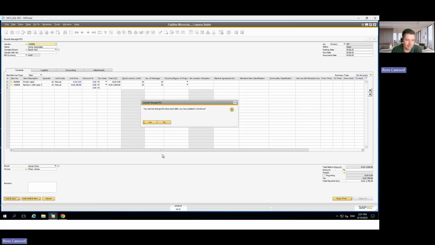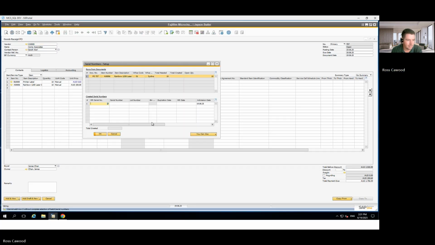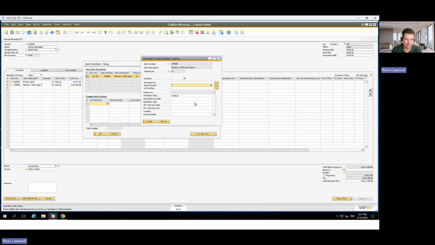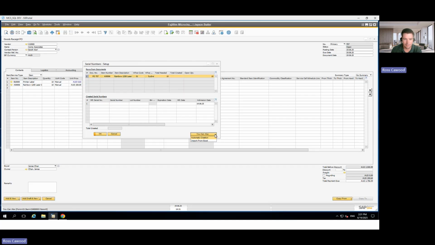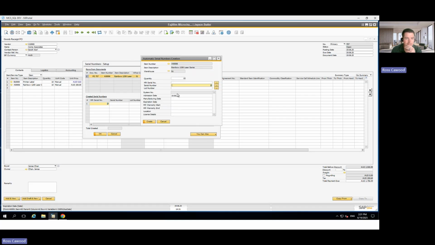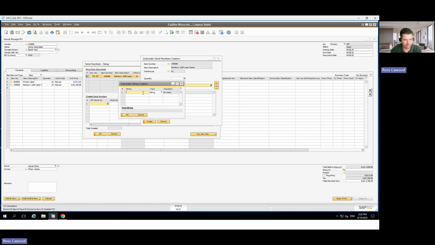Now, once I click add again, for the serial number item, the exact same thing, but what I wanted to showcase here was that you can either import them from Excel, or you can also do automatic creation, and this is the same on the batch side. Okay. So if I wanted to go automatic creation, let's see here, if we needed a string, so